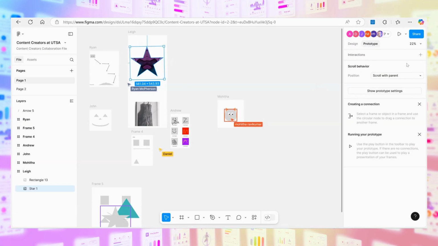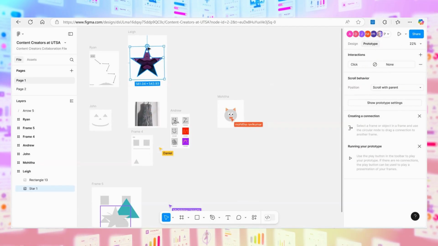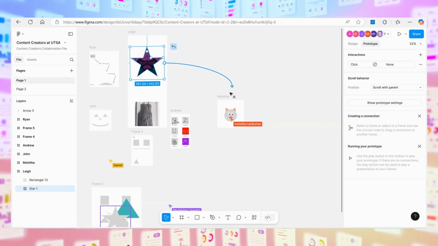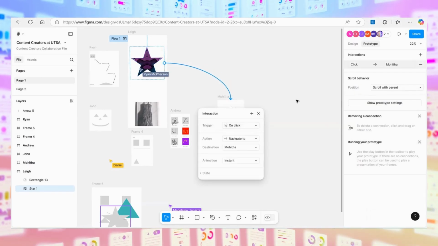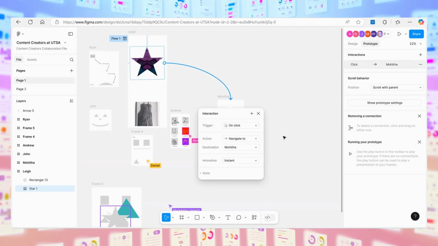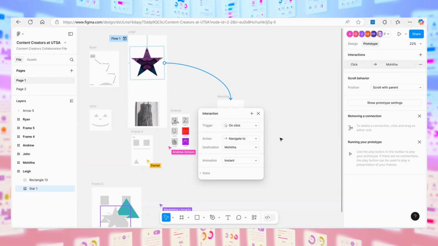And that's when you'll see things like scroll with parent or fixed, when you want to leave something at the top or whatever. Trigger clicks, you have actions there. Can you see when I click on it now in prototype mode, it makes a plus sign? You will take that and make a spaghetti off of it. And I am going to click to Mojita's. The action is on click or drag or hovering or pressing a key, a gamepad, mouse enter or mouse leave, up, down. You can navigate to it, scroll back. So if you do a back button, it scrolls back to whatever previous one. This is destination Mojita because it's her screen.